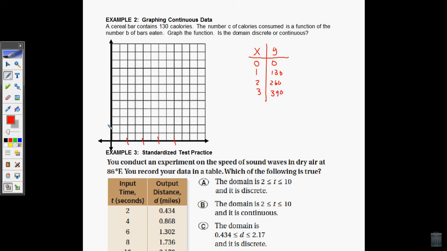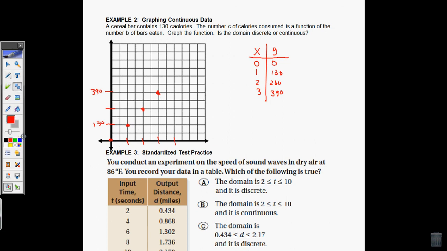So when I come over here, let's say this is 130, this is 260, and this one is 390. I can plot my points: 1, 2, 3, and 4. Cool. So now I have what looks like, again, a nice straight line, and I have to